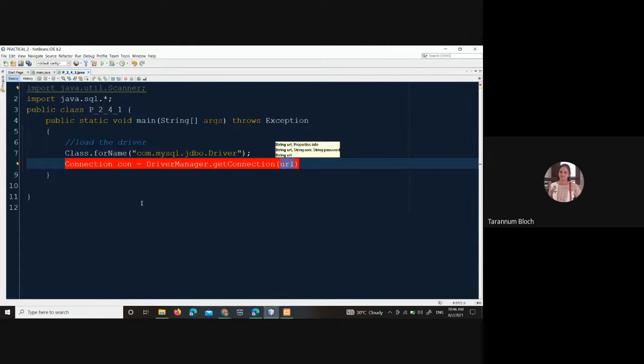In double quote you will be writing the URL: jdbc colon mysql colon //, inside the double quote only. Rahil, you did the double quote after L. Remove it and take it to the end.